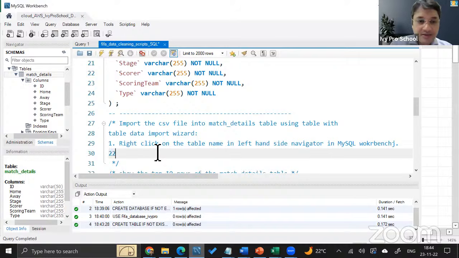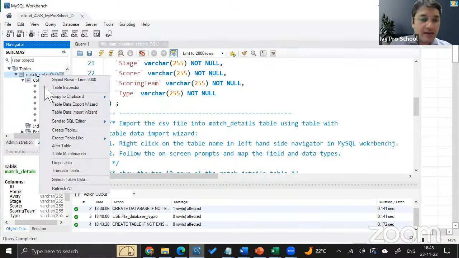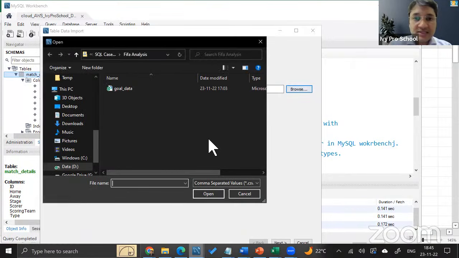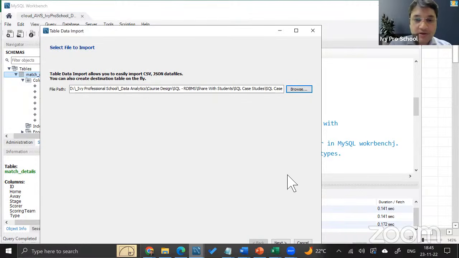The second step is follow the on-screen prompts and map the fields and the data types. How? So right click, table data import wizard, browse to the CSV file. This is my CSV file, comma separated values file. Click on open.